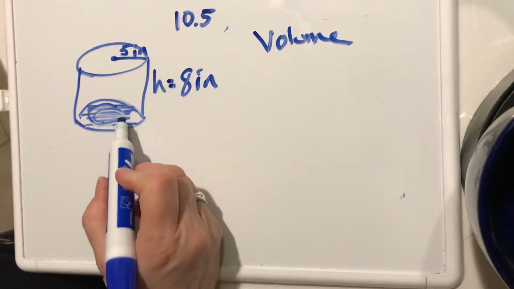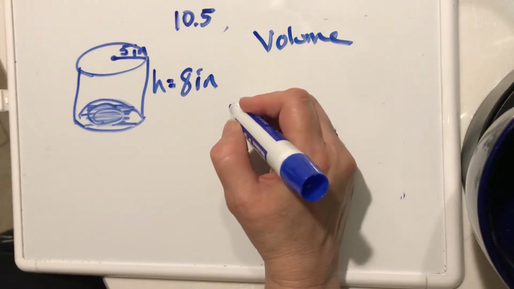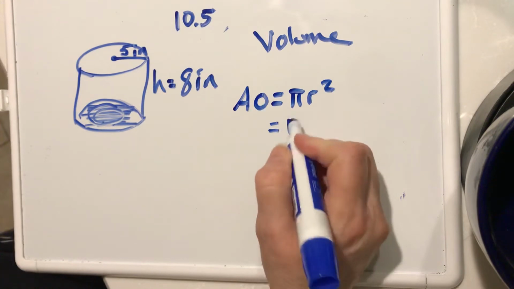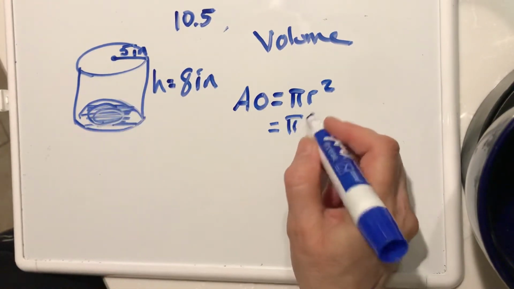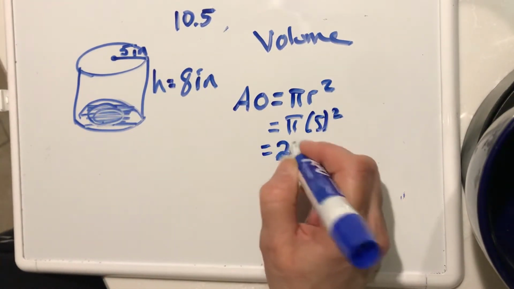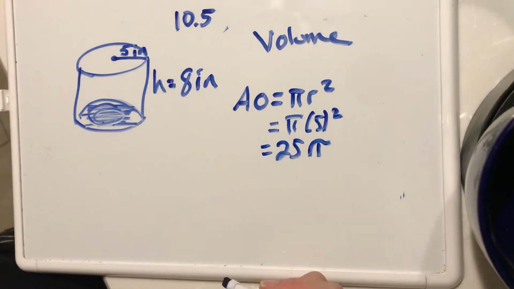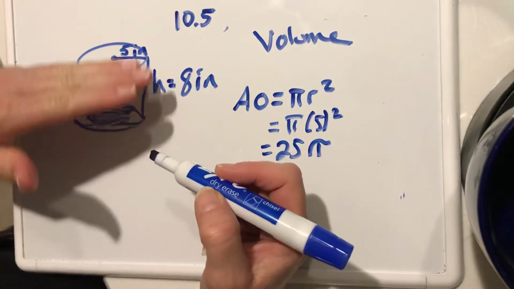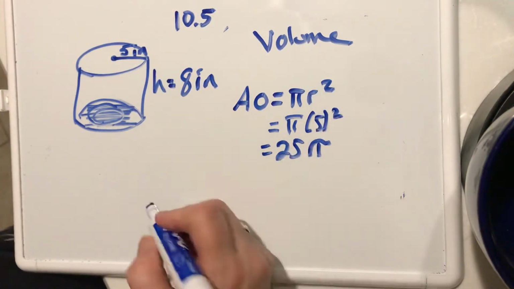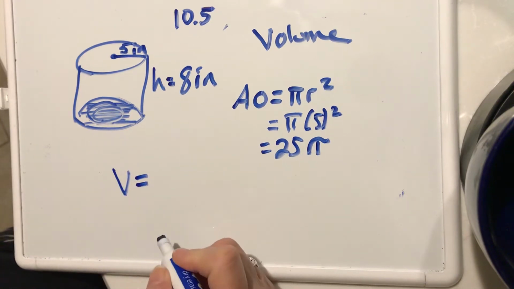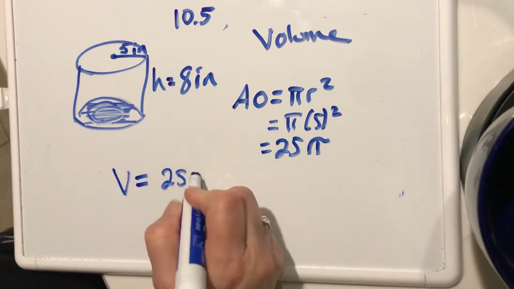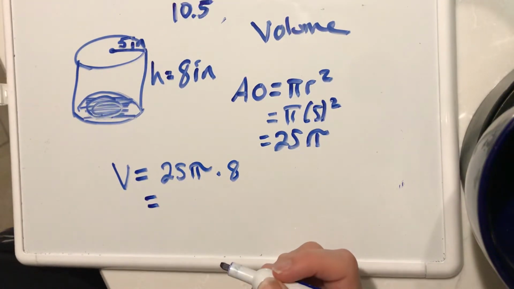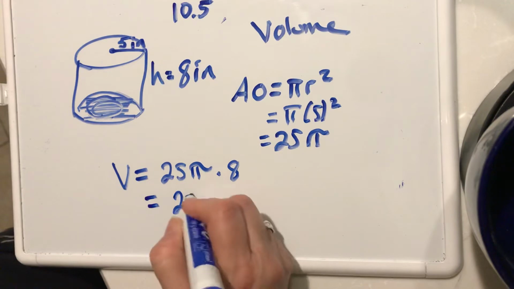Okay, so what we're going to do is find the area of the circle first, and the area of a circle is pi r squared. So in this case, our radius is 5 squared, 25 pi. Okay, and then we take this circle and we times it by how high it is. We fill it all up. So in this case, the volume is going to equal 25 pi times how tall it is, times 8. Okay, and that's going to be 200 pi,